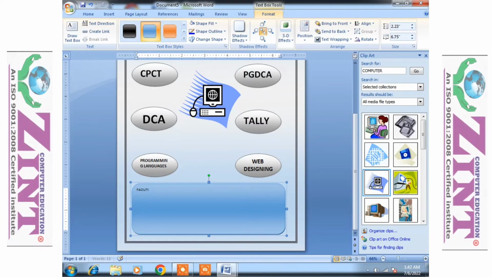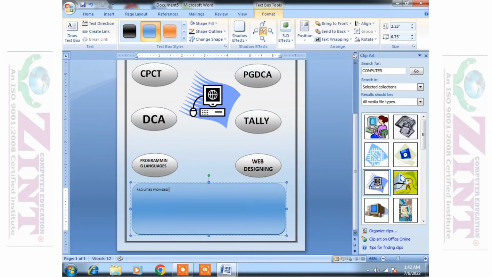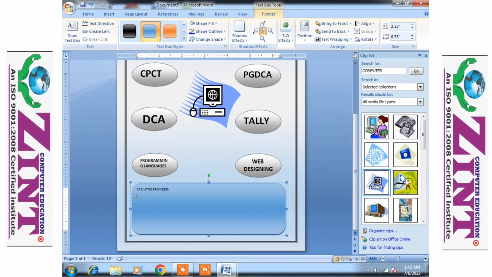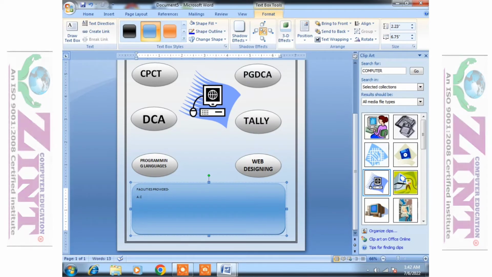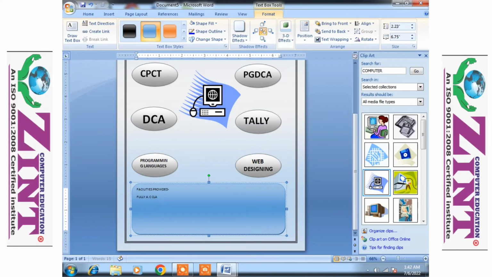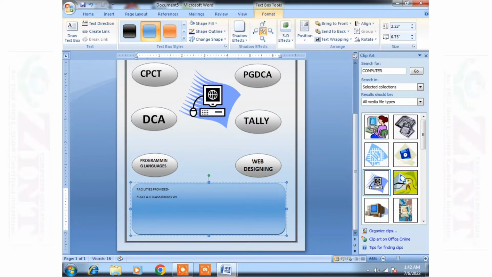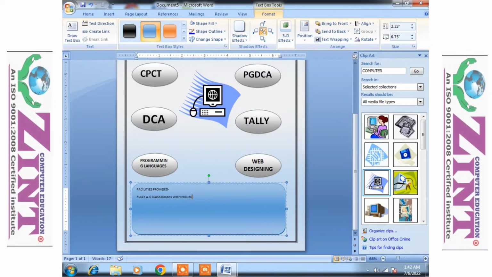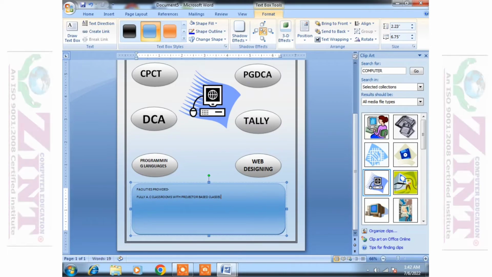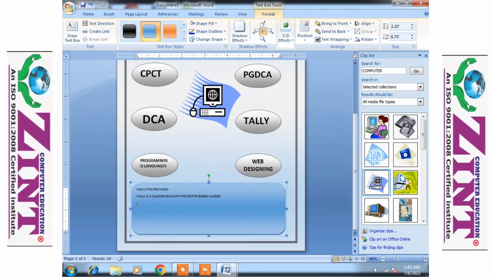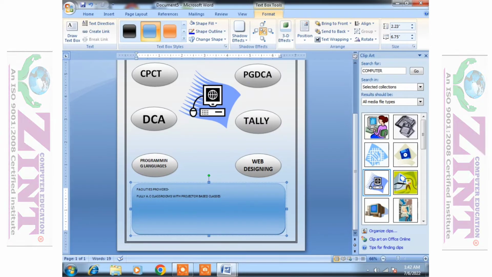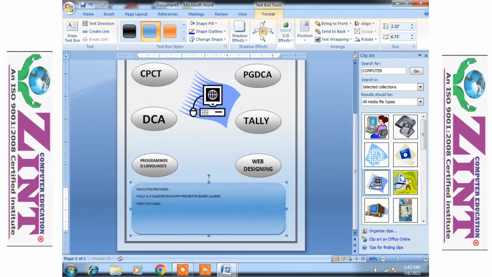Like, I am just typing Facilities Provided: fully AC classrooms with projector, base class, free stationery to students,